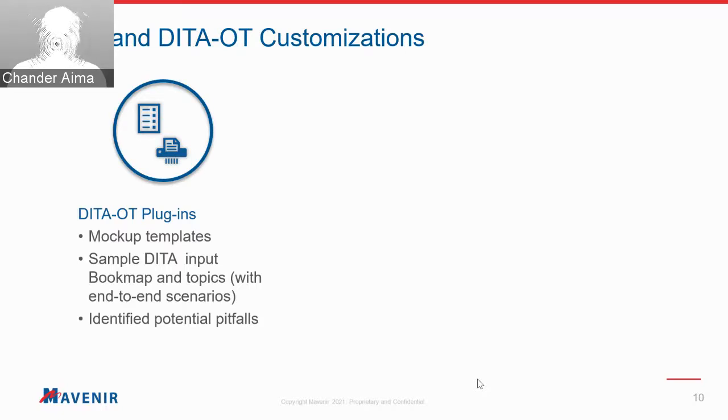But we also did in parallel, because we were looking at the content for migration very closely, we built a sample input file, because when we have the templates, we need to run them against some input files and validate if our plugins are behaving the way we want them to behave. This sample data input file comprises a data map and a host of topics which covered almost all the corner cases. We picked up representational samples and tried to identify